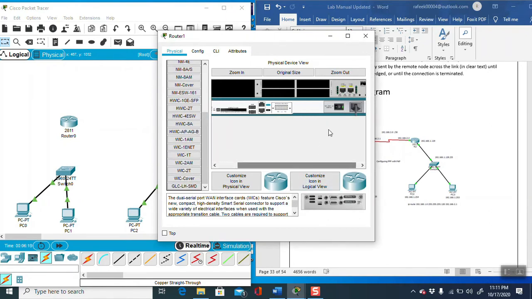Before adding the port we have to turn off the router, then add the port, then turn the router on. Similarly, for this router also we have to add the port. Now we have added the port.